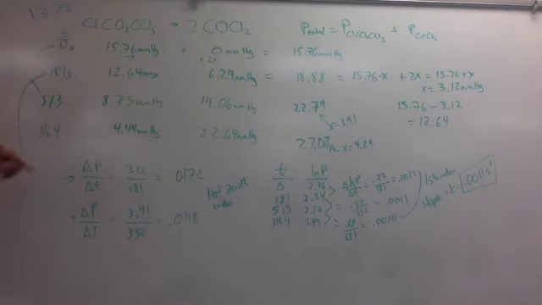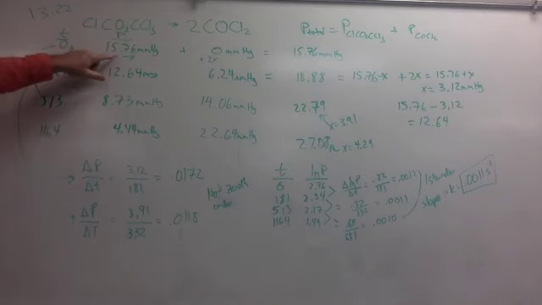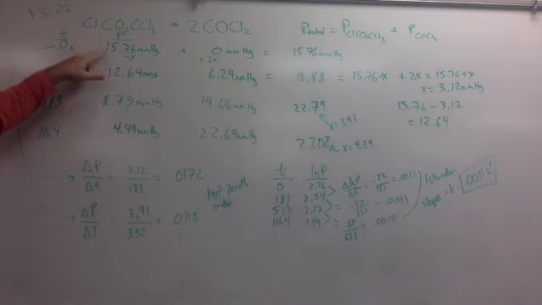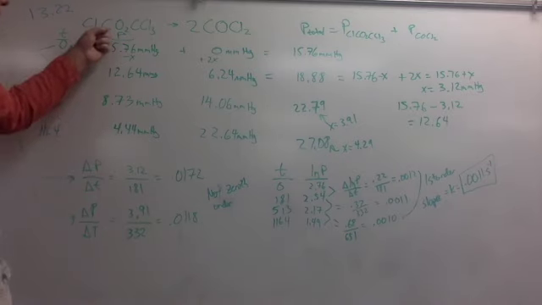Now, unlike the example in class, where we were able to get the partial pressure of the reactant as a function of time, this one is a bit different. It gives us the total pressure in the container as a function of time. And so the total pressure is not just the pressure of the individual reactant ClCO2CCl3. It's also the pressure of the COCl2 added in. So we're going to have to do some back calculating to get the pressure of just the reactant